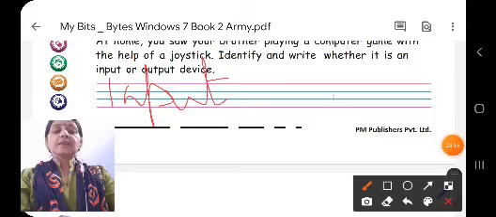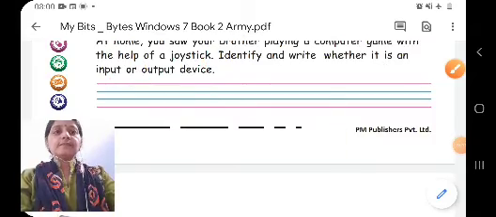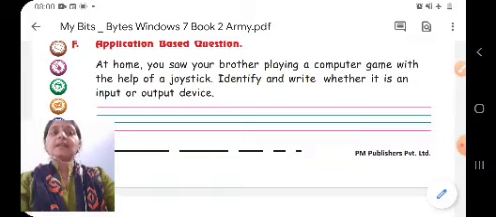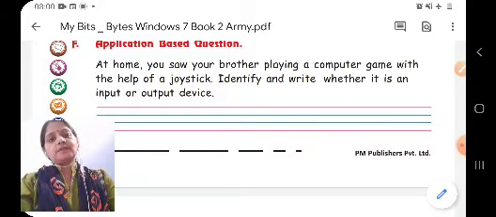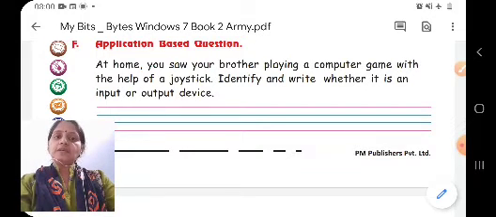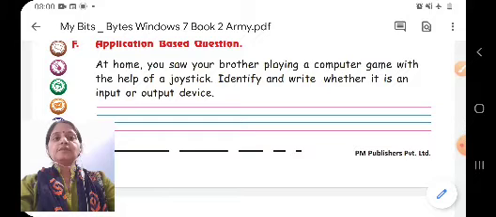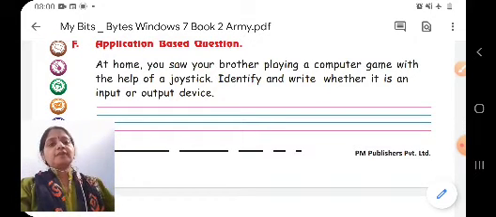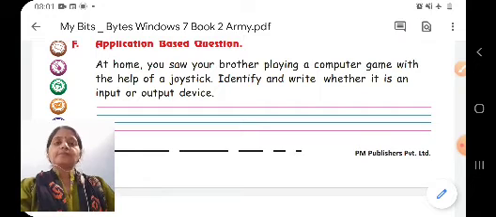So children, let us revise once again. Application based question. In every chapter we have one application based question. This question is to check how much we have learned from the chapter, and this question is on the basis of day-to-day life experiences. Here we read the question and reply whatever we have learned from the chapter.